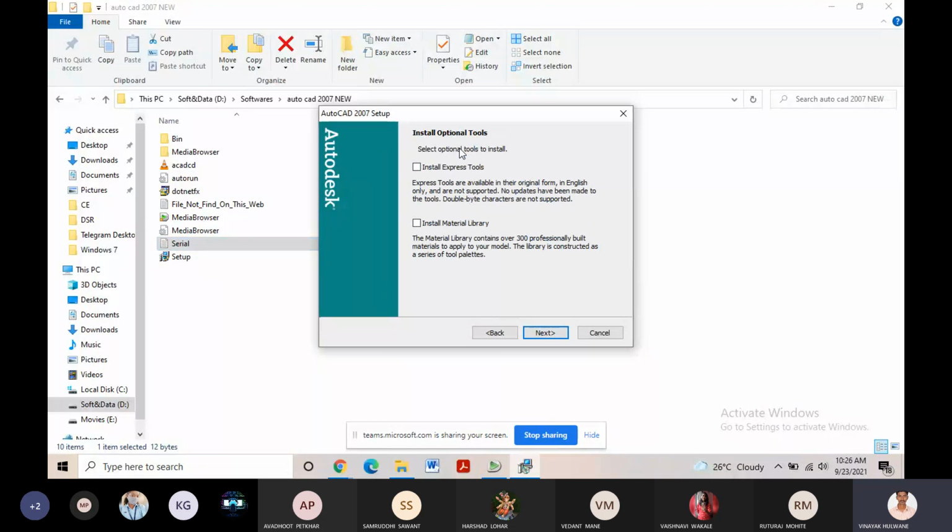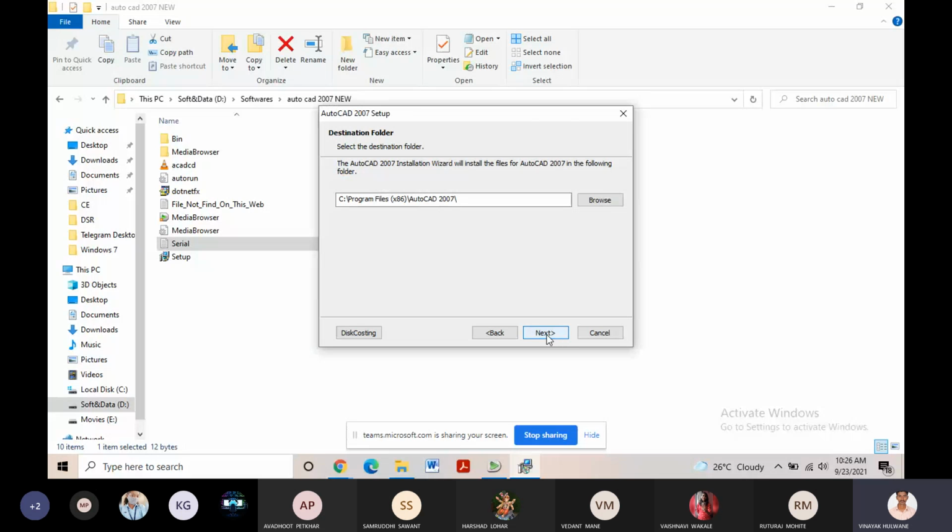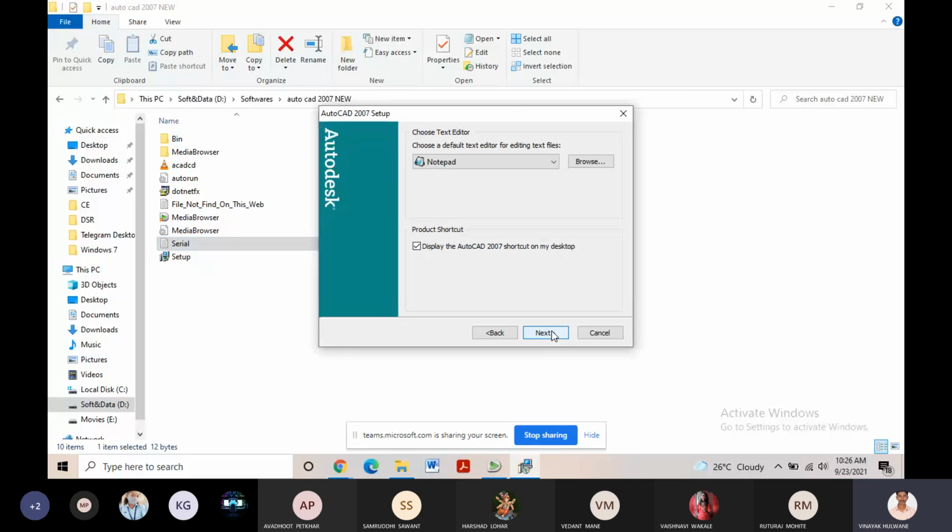If you want to select the optional tools, that is the installation express tools or the installation library tools, then you can click here. But now you don't need to install these, so I'm going directly by clicking next. Here it asks regarding the desktop shortcut.